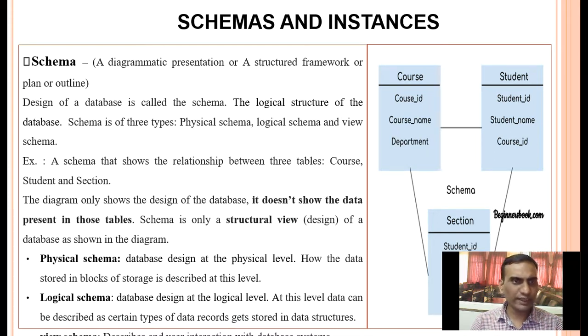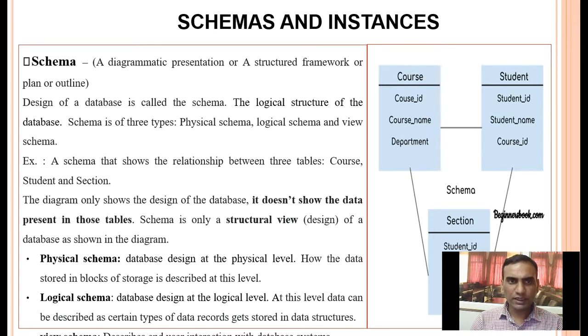So we are not creating it physically on your hard disks or in your computer system. We are designing the database on paper by having the information of the user requirement. So whatever user requirement we are having, by using that we are creating one diagrammatic representation, one pictorial representation of your database, that is called the schema.